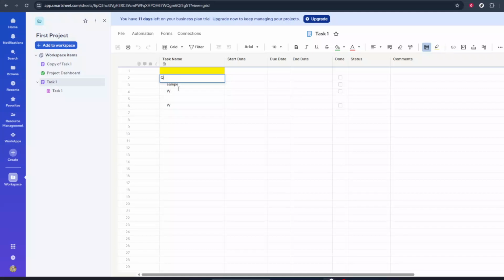In today's video, I'm going to teach you how to highlight text in Smartsheet. Highlighting text is a simple but powerful way to make important information stand out in your sheets. Whether you're tracking tasks, managing a project, or organizing data, using color helps you quickly scan and understand what needs your attention. In this walkthrough, I'll guide you through how to apply background color to your cells so your text